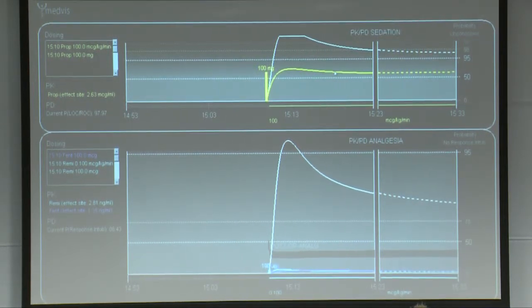You can see the contribution of propofol alone to that probability, and then the synergistic component